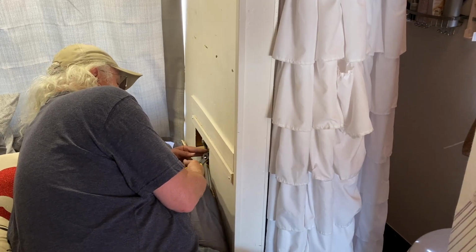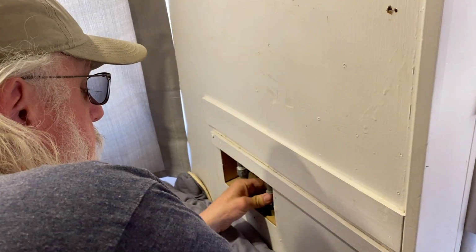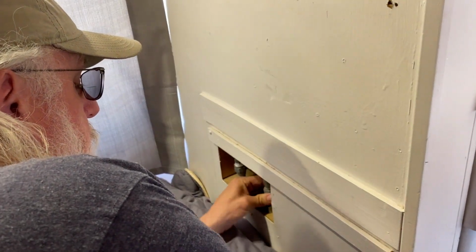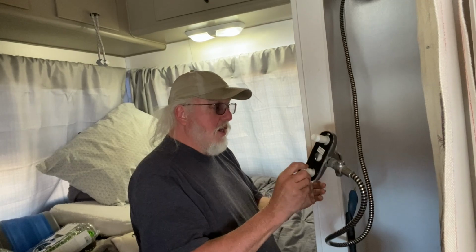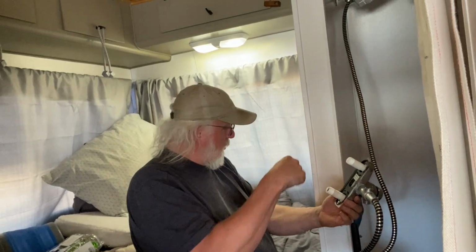And before we left my home base, we drained the water pipes so that Robert wouldn't get sprayed, because we knew we'd be doing this. Yeah. There we go. Oh, there's a lot of water behind that. Yeah. So I was just telling Debra, I'm 99% sure the culprit is this is leaking inside and then running down the wall. And as soon as I pulled it off, there was a lot of water came out of